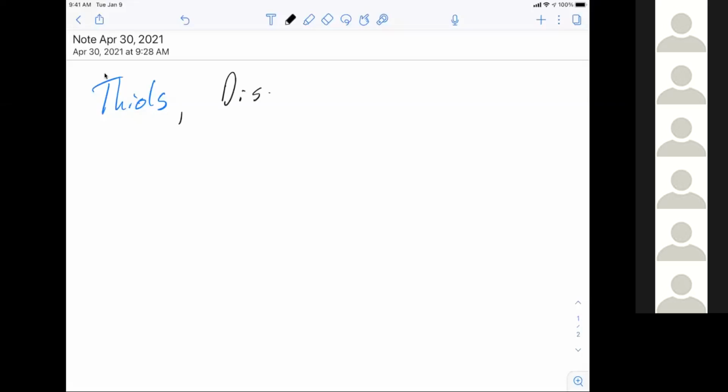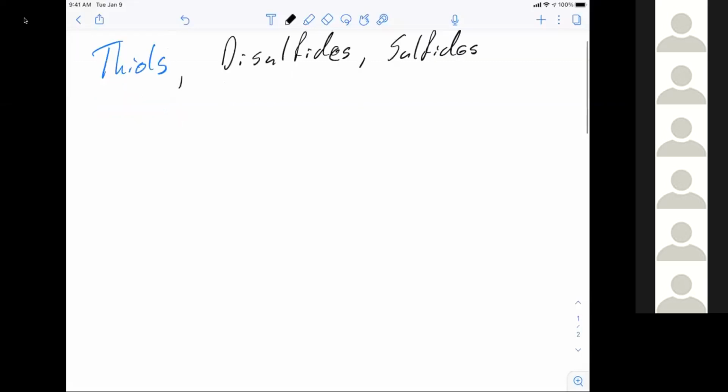Disulfides and sulfides. So we're moving from our oxygen-containing species to sulfur. When we look at thiols, that's going to be our SH compounds. Disulfides are going to be a sulfur-sulfur bond, and then sulfides are going to be, so if we think about this,